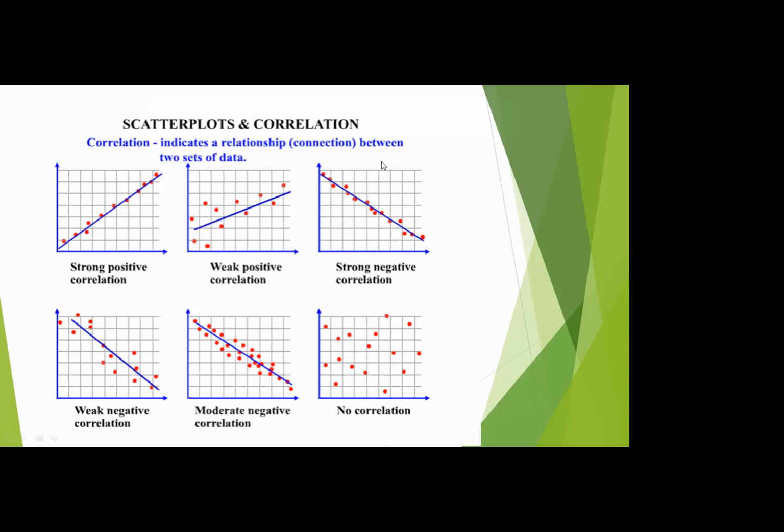And here in this graph, we can see that the x value is minimum, 0, 1, 2, 3 like that, and the y value is maximum. So when one value increases, the other value decreases. If one variable has the highest value, then the other variable has the lowest value. Most of the points are in a straight line, or very close to the straight line. So this is called a strong or perfect negative correlation.